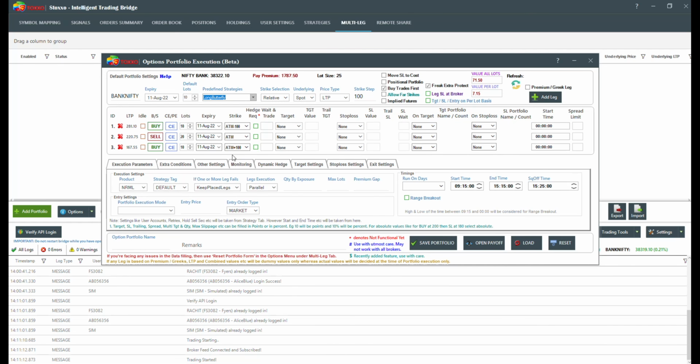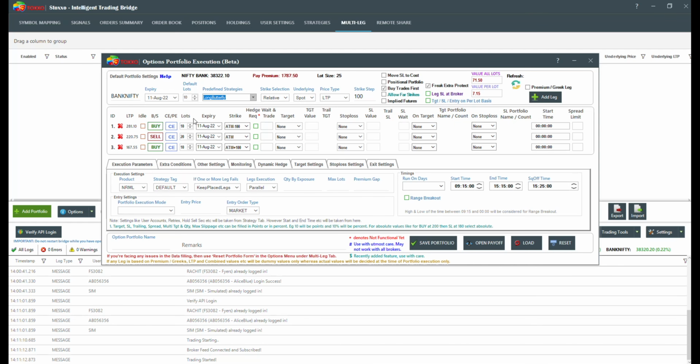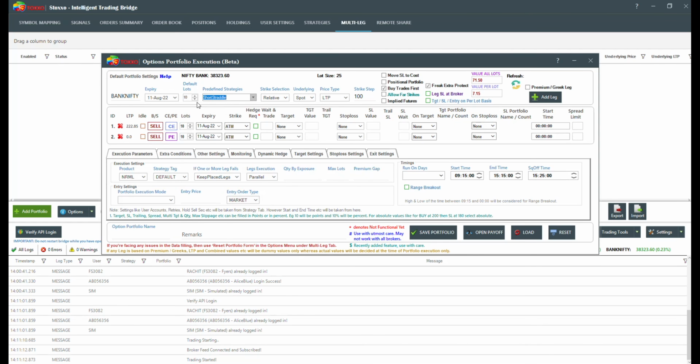Okay, so this predefined strategy is nothing but a choice of legs as per the standard rules or standard dynamics of what we call a straddle, what we call a long butterfly, what we may be calling an iron condor. Okay, so that is nothing but the selection of strikes. So for example, herein the reference, I'm just pulling up the straddle, keeping things simple for you initially